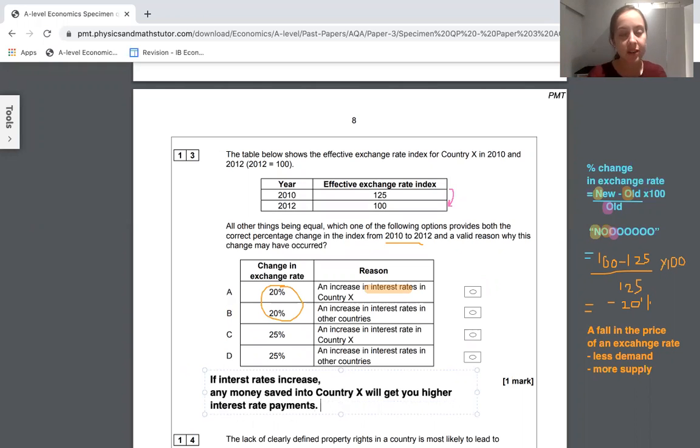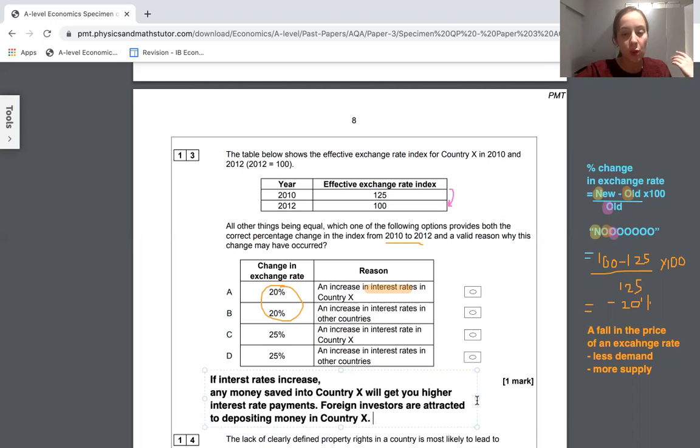This is really attractive for international investors wanting to get the maximum return on their money. They look at country X. They've got a really high interest rate. They can deposit their money into country X's banks, and that way they'll be making more money. So foreign investors are attracted to depositing money in country X, which is going to mean in the process, you